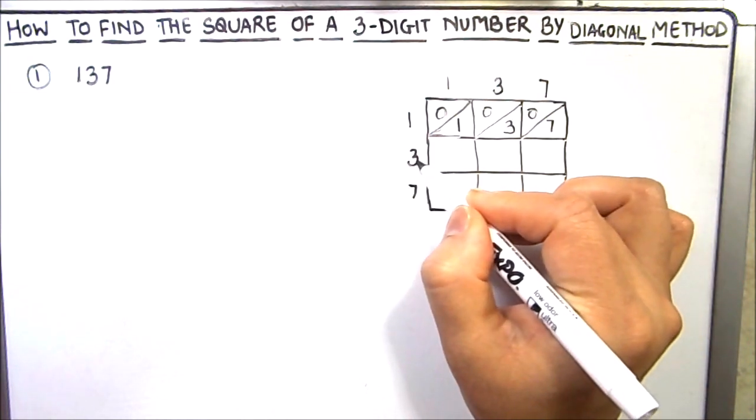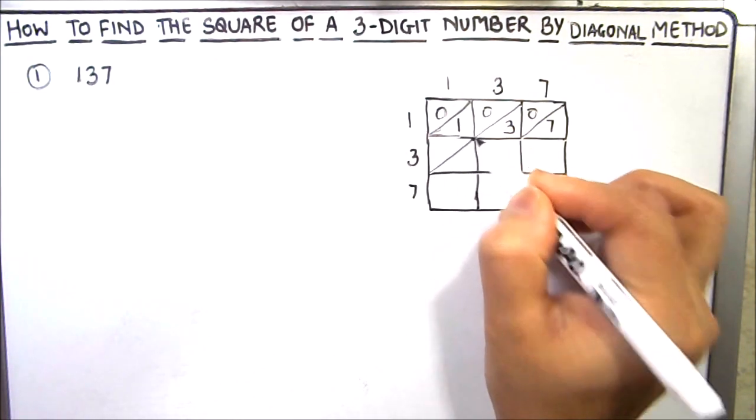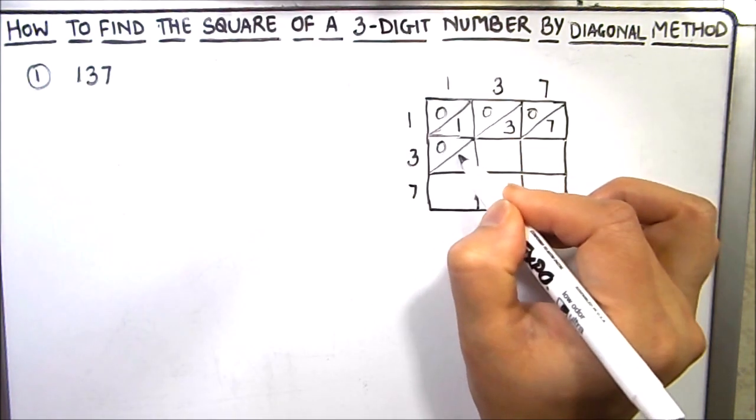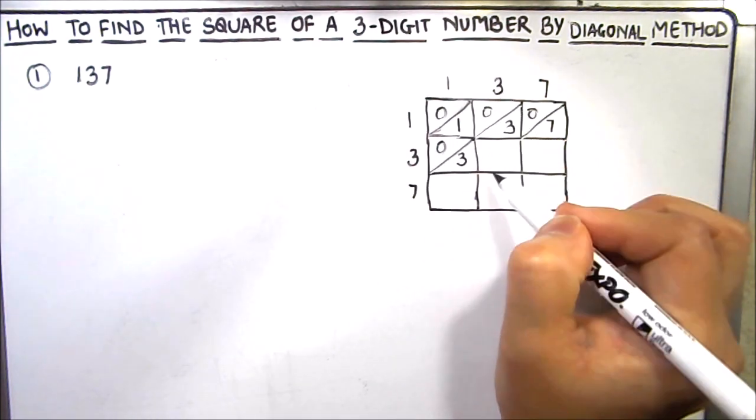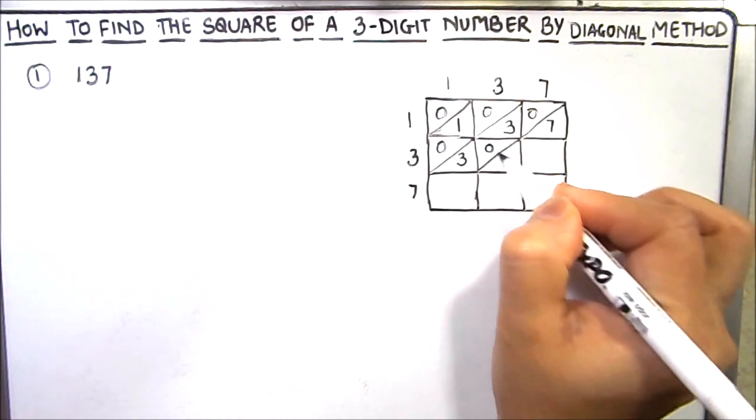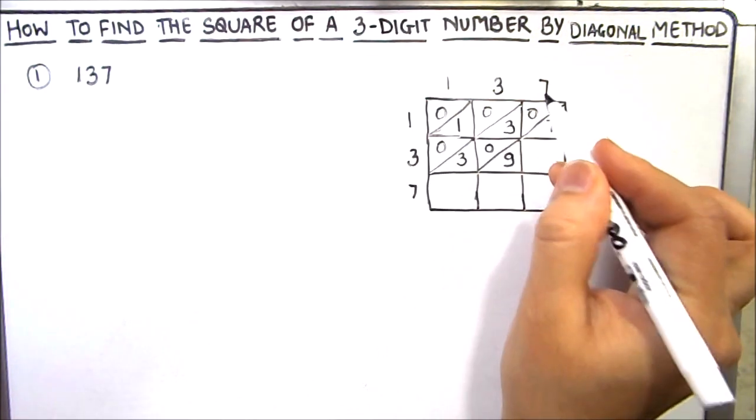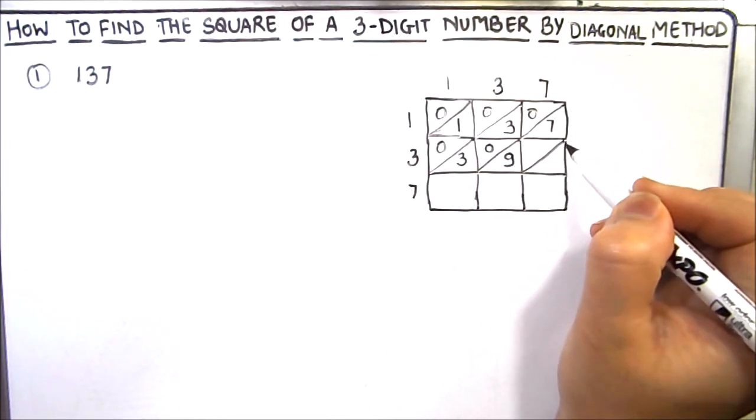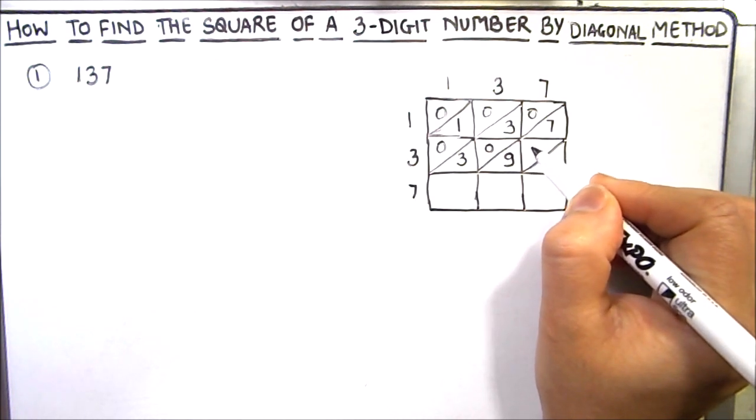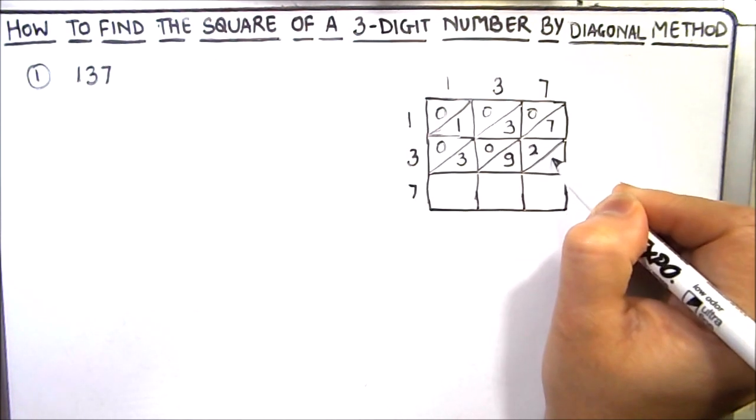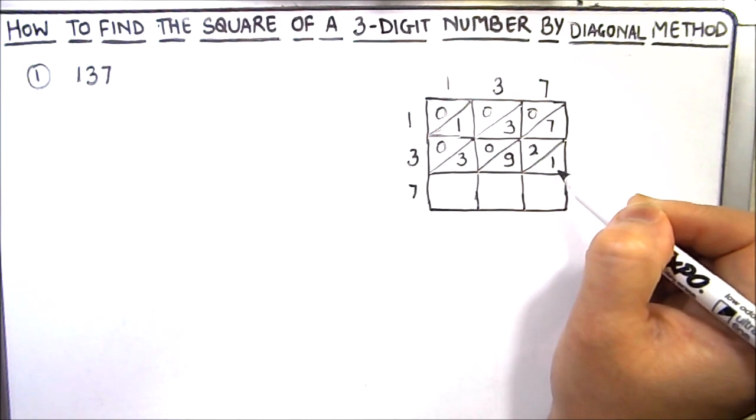So we'll multiply 3 with 1 here. 3 times 1 is 3, so we'll write 0, 3. 3 times 3 is 9, so this will be 0 and 9. 3 times 7 is 21. This is a 2-digit number, so the 10th digit, 2, will come on top, and the 1st digit will be at the bottom of the